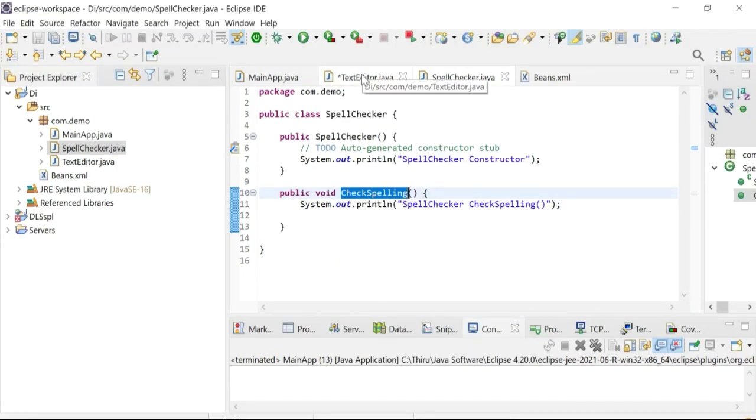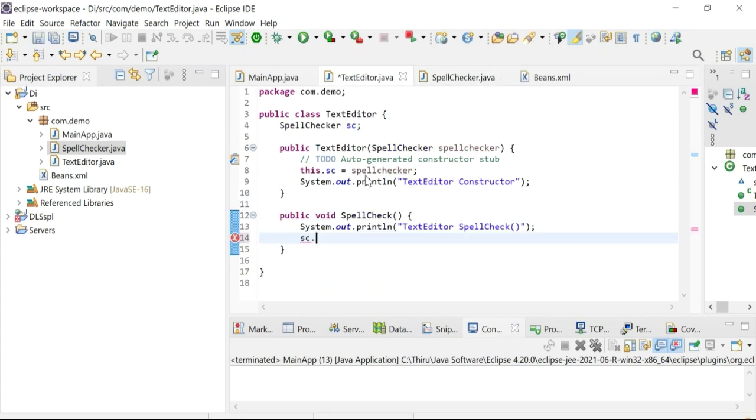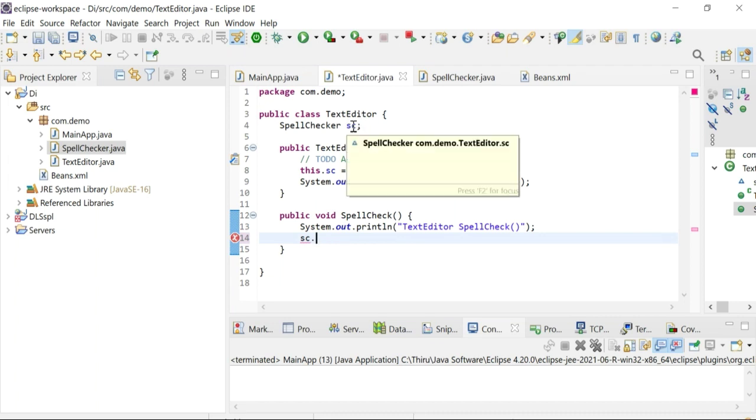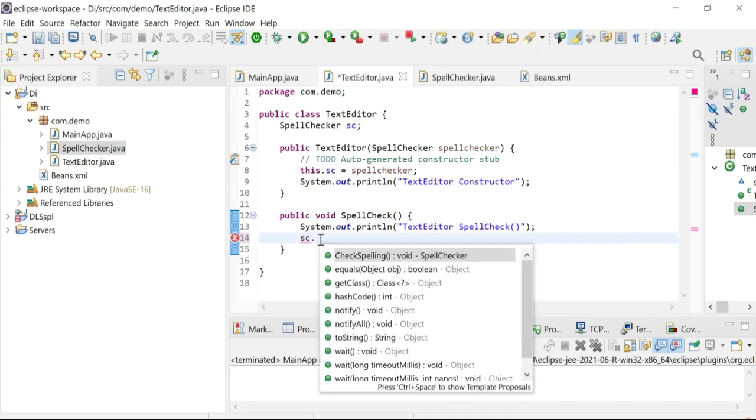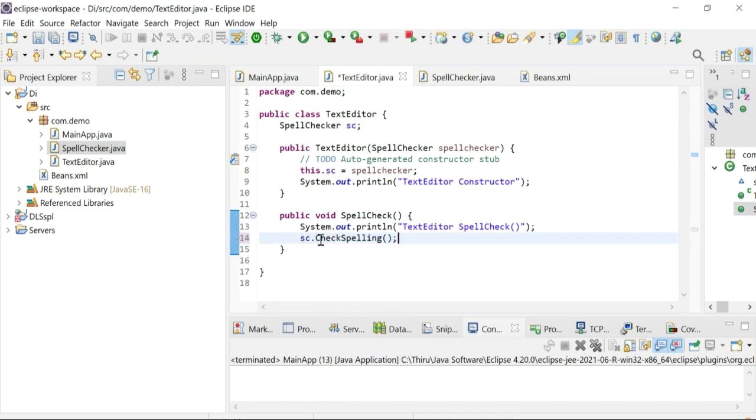So this check spelling method is called from the text editor class using the spell checker object. Here the spell checker object, and then key in dot, you can see the check spelling, a method in the spell checker class.